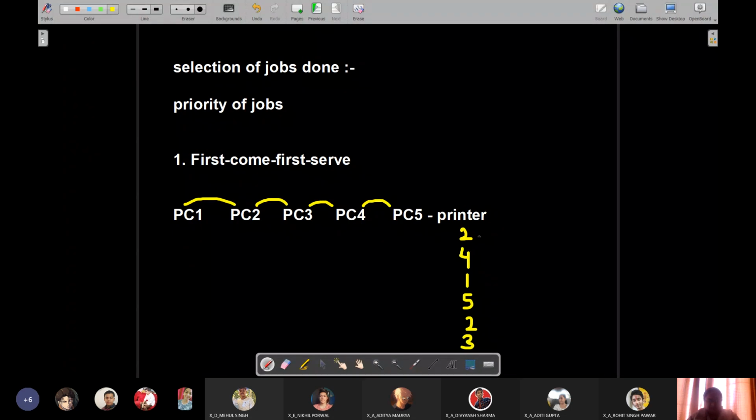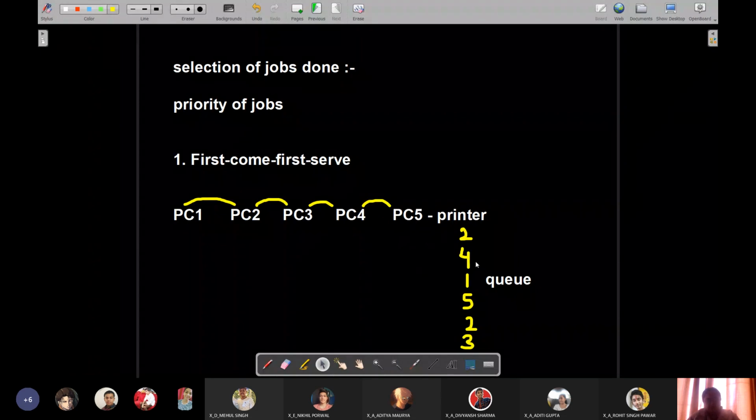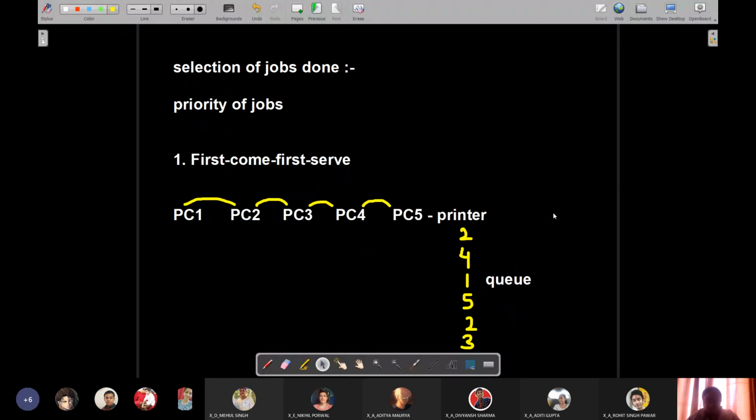So this is a queue. What you can see over here is a queue, a device queue, right? And it follows which method? First come first serve. That is, a print request which arrives first will be executed first.